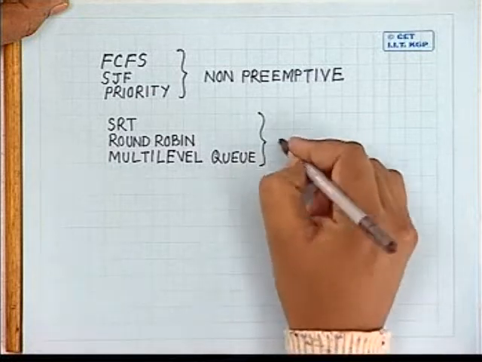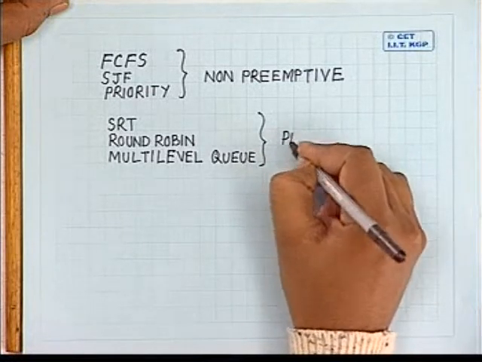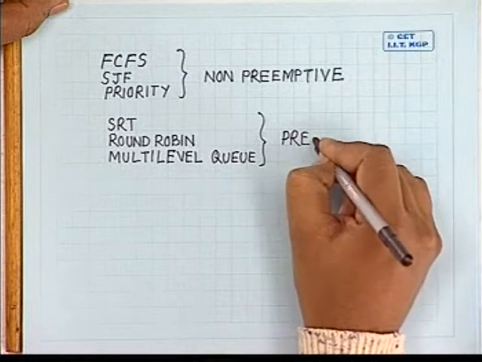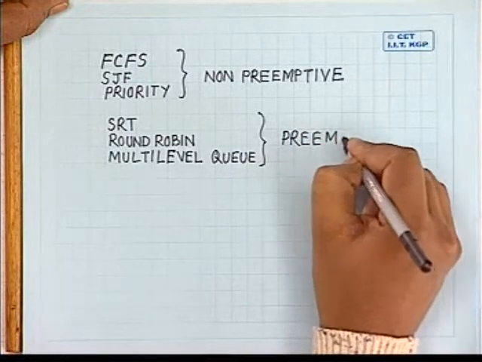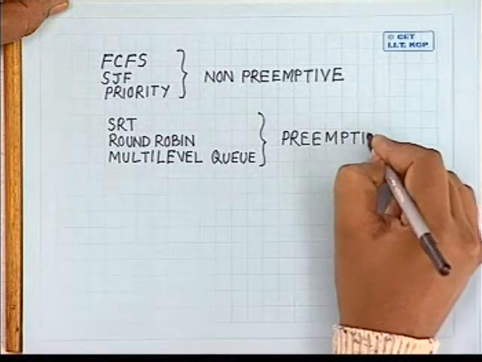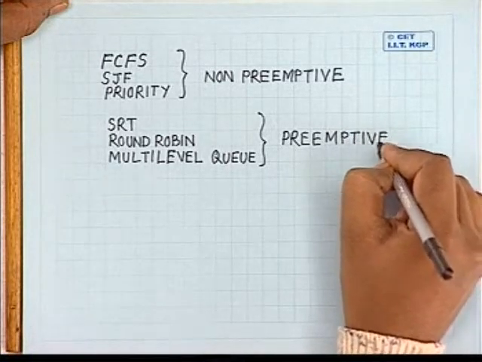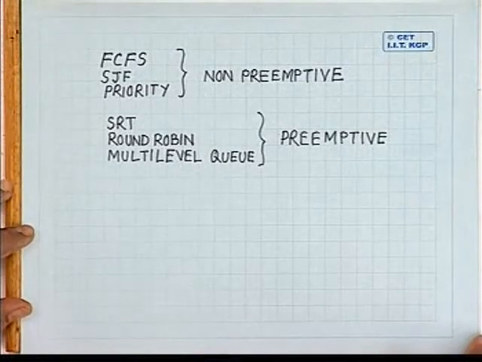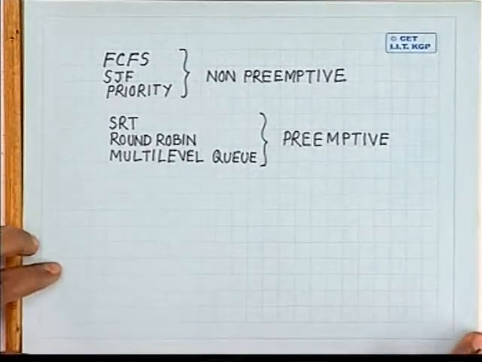And these three are preemptive scheduling. But in all these scheduling techniques that we have discussed, we have assumed that I have a single CPU, and that single CPU has to be shared by a number of processes. And how best we can share a single CPU among a number of processes, for that we have discussed so many scheduling techniques. What are the different forms of scheduling that we can have?